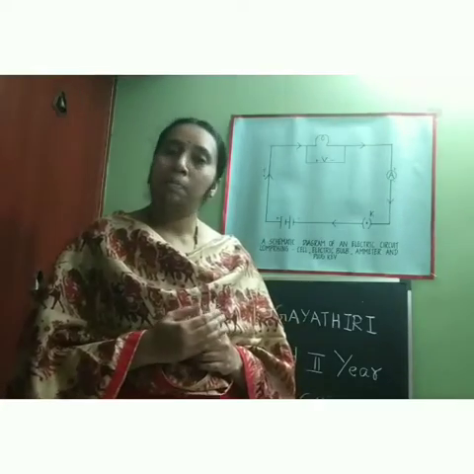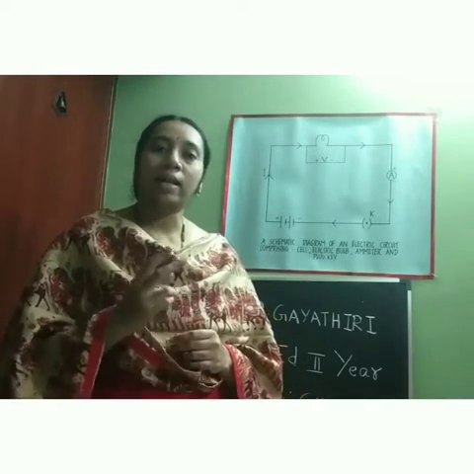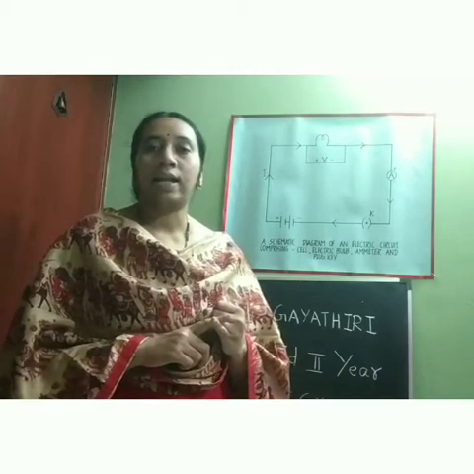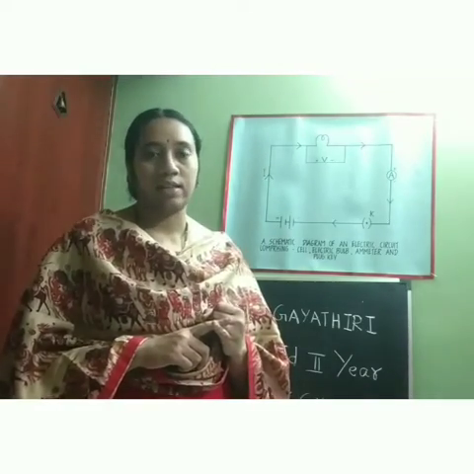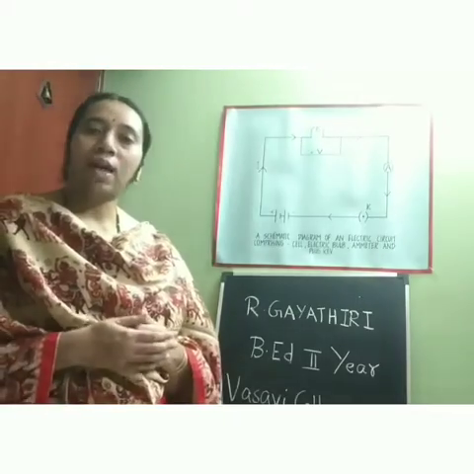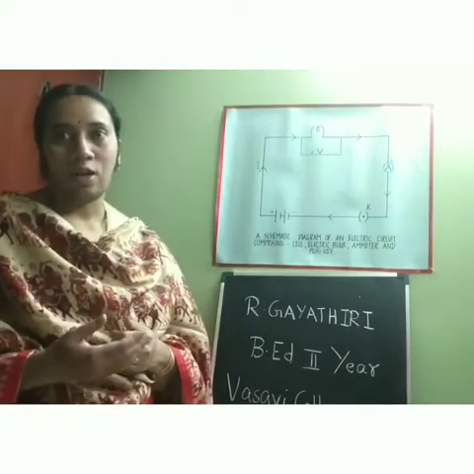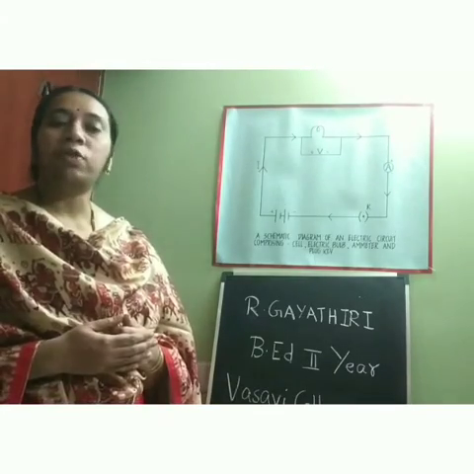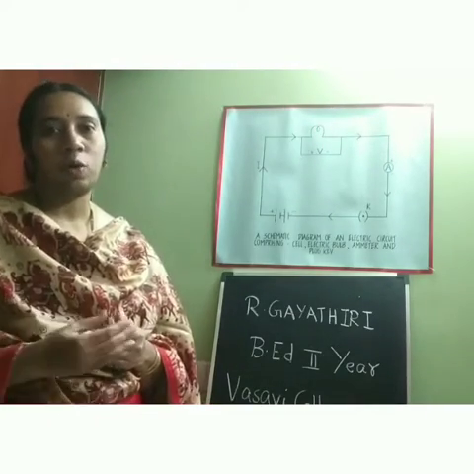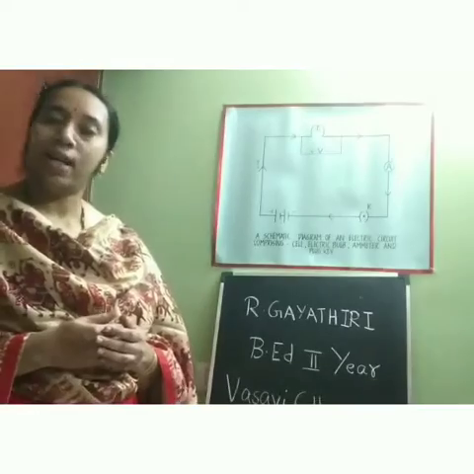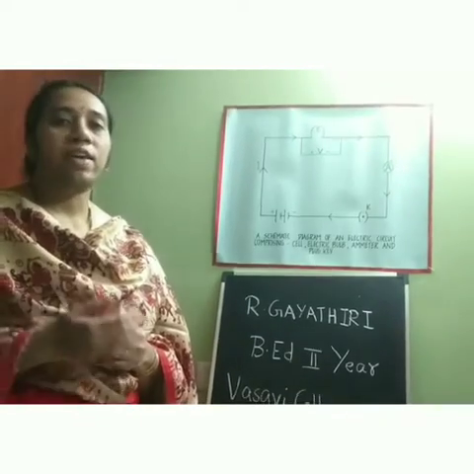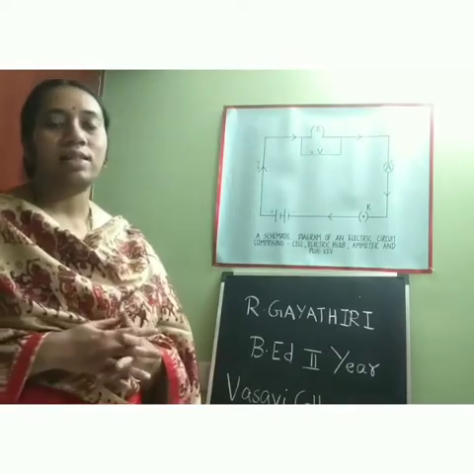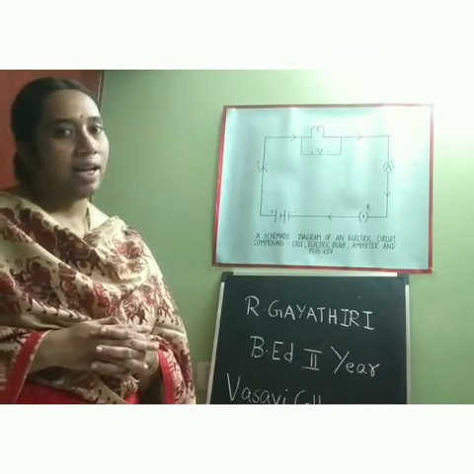Before going to the main chapter, I would like you to recall electric charges, which you have studied in your previous classes. You know electric charges are of two types: one is the positive charge and the other is the negative charge. If you rub a glass rod on a silk cloth, the glass rod will acquire a positive charge. Similarly, if you rub an ebonite rod on a woolen cloth, the ebonite rod will acquire a negative charge. Also, you are aware of the property of electric charges: like charges repel each other and unlike charges attract each other.